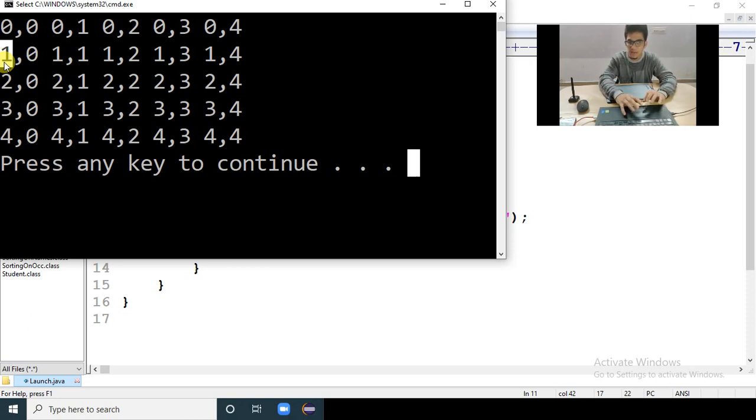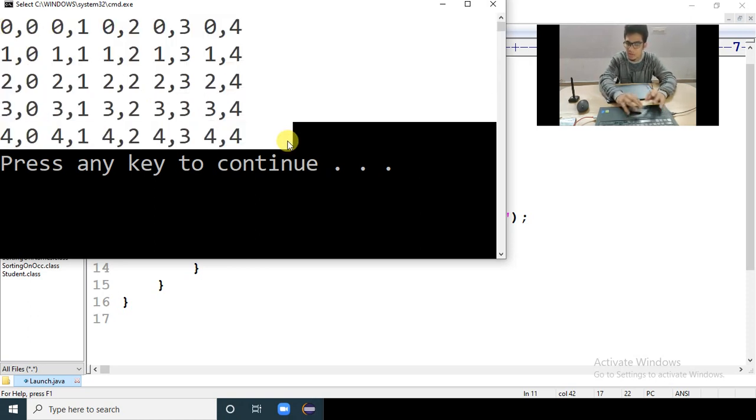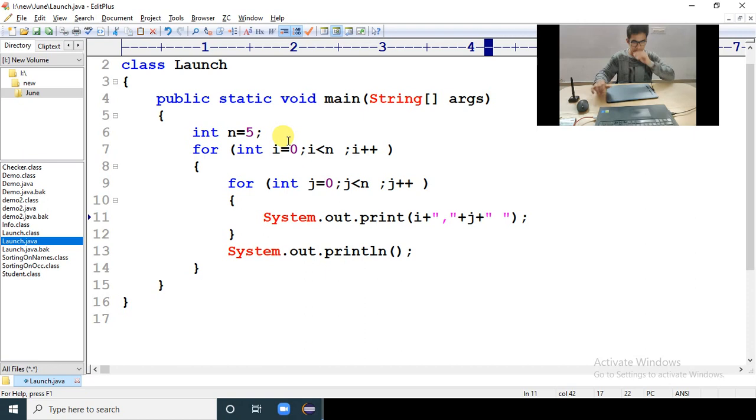If you print i value, comma, j value, can you notice here, this is the number which you are printing? If I explain how these numbers are getting printed, then only you will understand the for loop completely. So it is my duty to explain this to you. So what I will do is I'll be explaining this code.